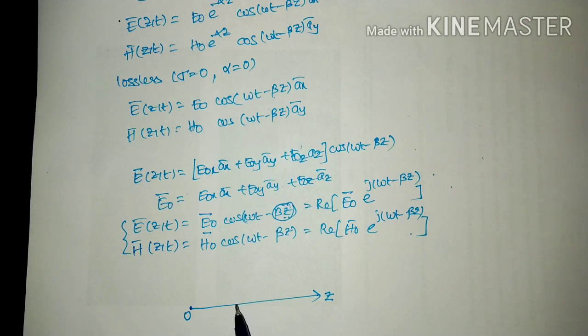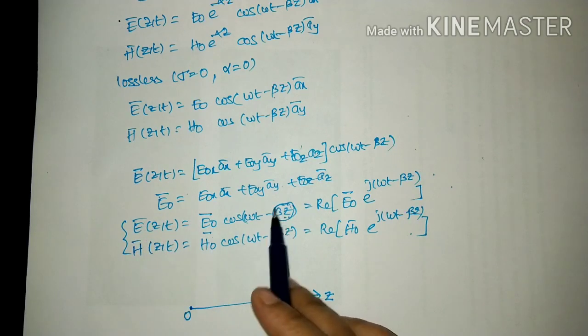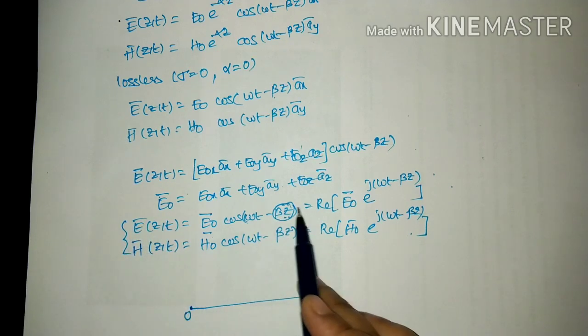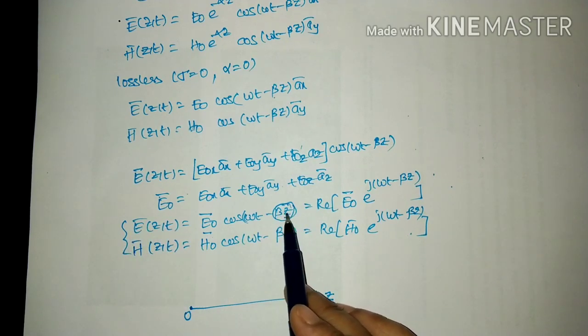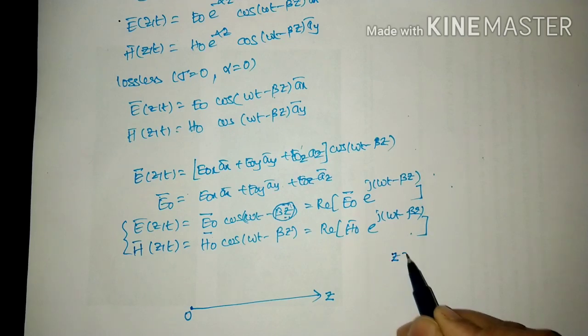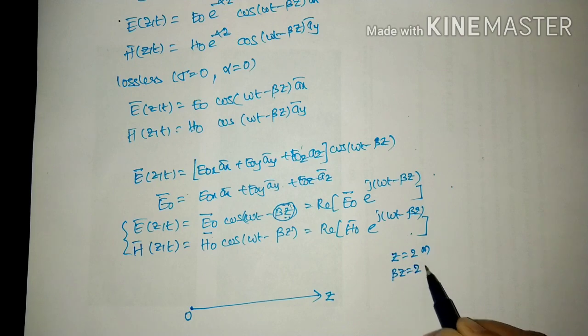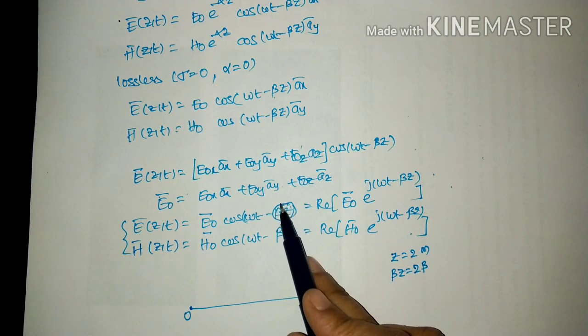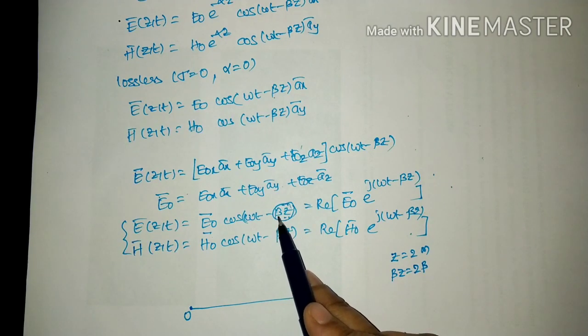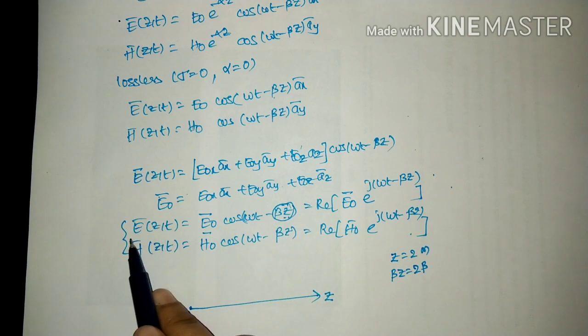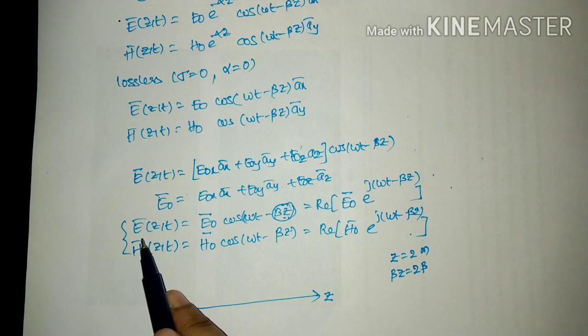So if you want to know what is the phase of the electric field, or the electromagnetic wave, after travelling a distance of 2 meters, the phase is given by z equal to 2 meters. The phase is equal to beta into z, means 2 into beta is the phase. So if you know the expression for the phase variation with respect to the distance travelled by the wave, you can easily represent the electromagnetic wave propagating in any direction.